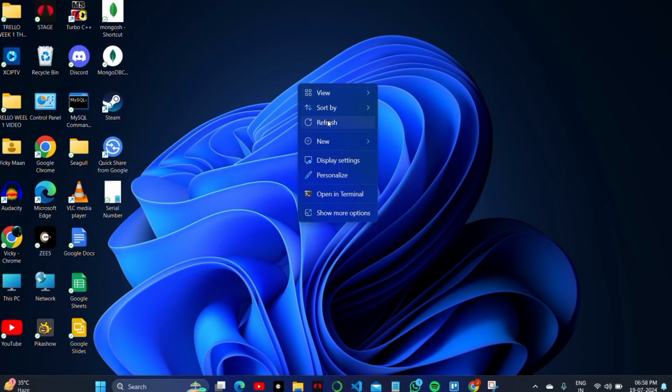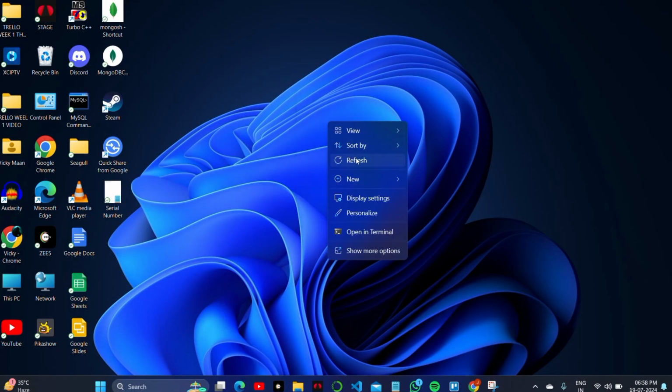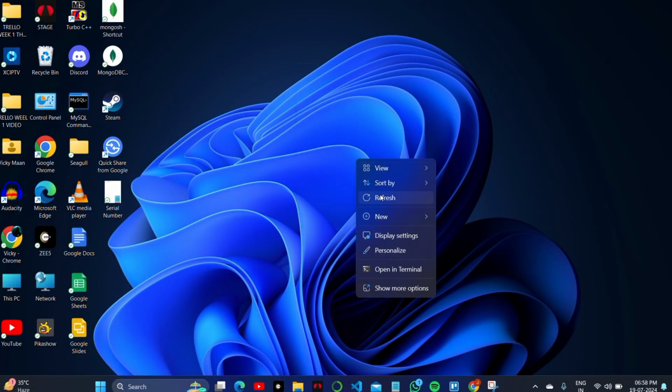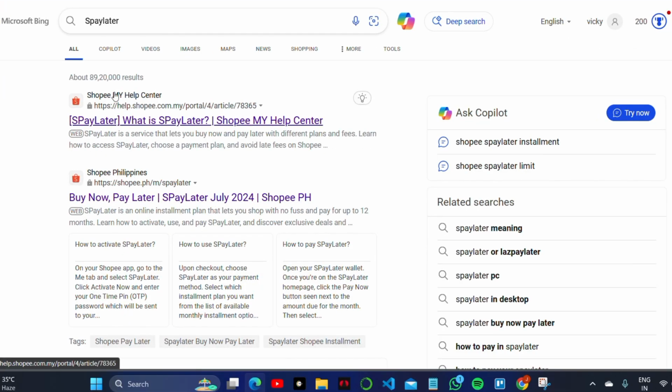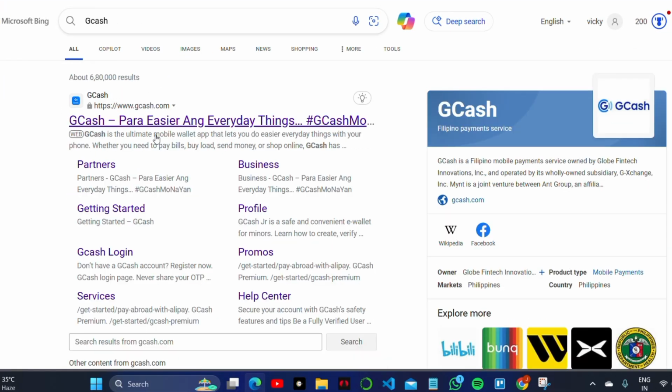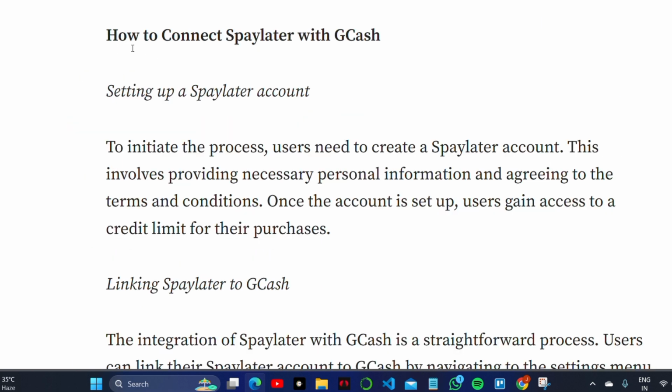How can I transfer my Spaylater balance to my Gcash account? That is very easy and important for you. To transfer Spaylater to your Gcash, what you have to do is simply follow some steps to